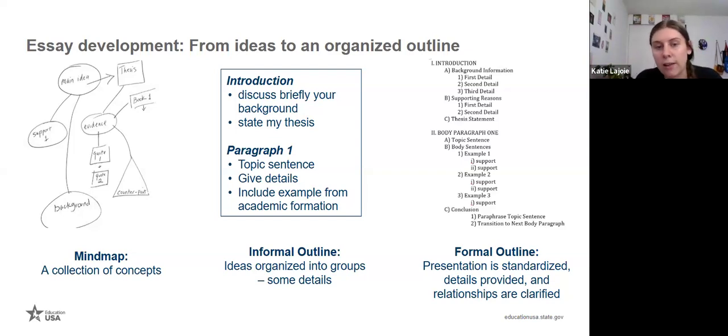You can also do an informal outline. Your ideas get organized into groups with some details. So maybe you know, okay, in the introduction, I want to discuss my background. Maybe this is for my statement of grant purpose. I want to discuss my background. Why am I qualified to study this? And then in paragraph 1, I'm going to talk about my specific research experience I had when I was doing my undergraduate degree. In paragraph 2, I'm going to talk about how I worked in a different lab setting and did different research and the things I learned from that. And then